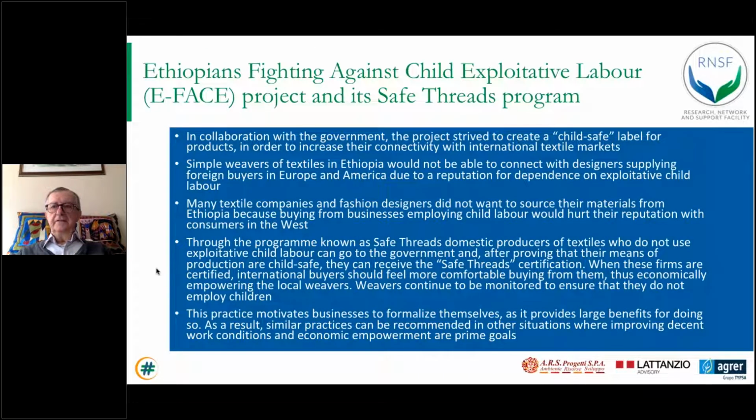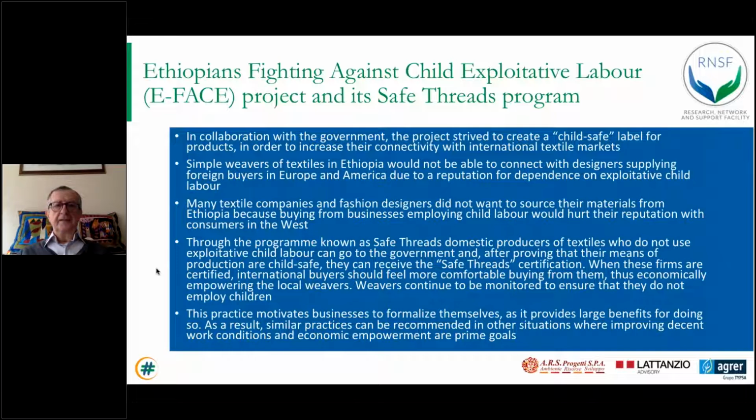Now, a second category of good practices is extracted from a project funded by institutions other than the EU. In collaboration with the government, the project eFace strives to create a child-safe label for products in order to increase the connectivity with international textile markets. Simple weavers of textiles in Ethiopia would not be able to connect with the designers supplying foreign buyers in Europe and America due to a reputation for dependence on exploitative child labor. And so many textile companies and fashion designers no longer wanted to source their materials from Ethiopia because of this